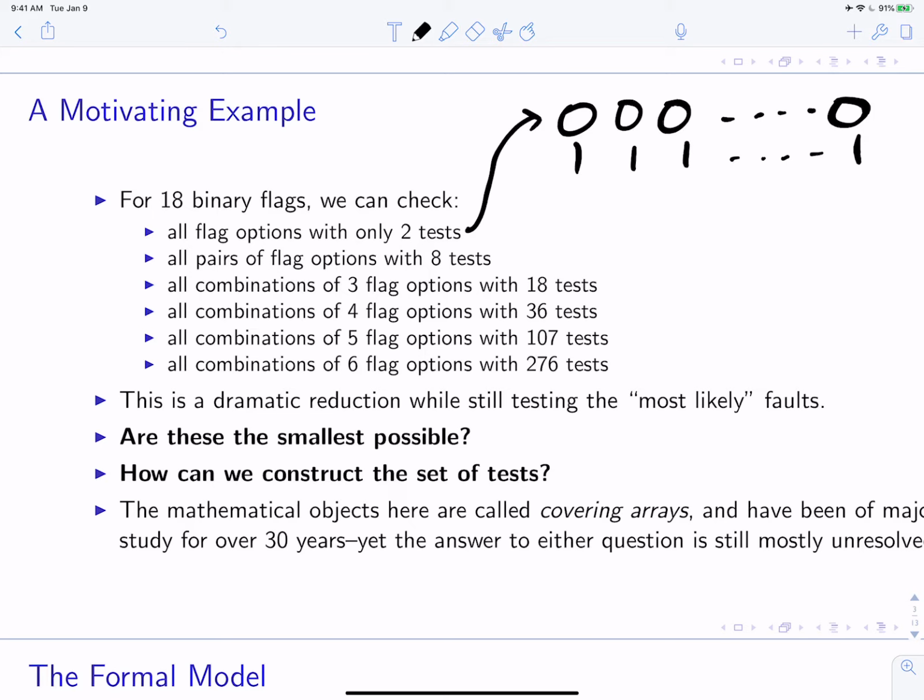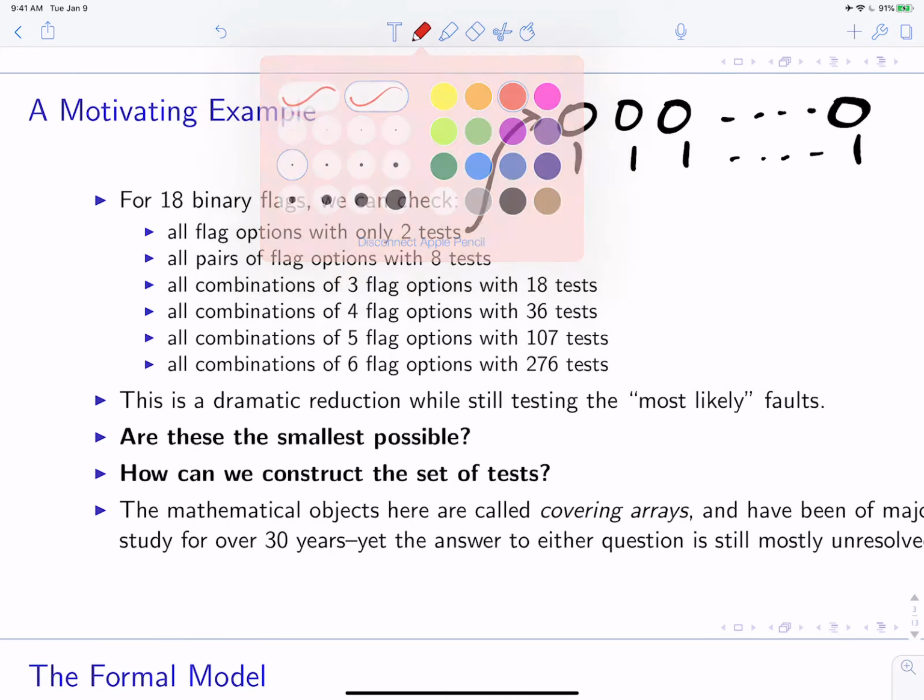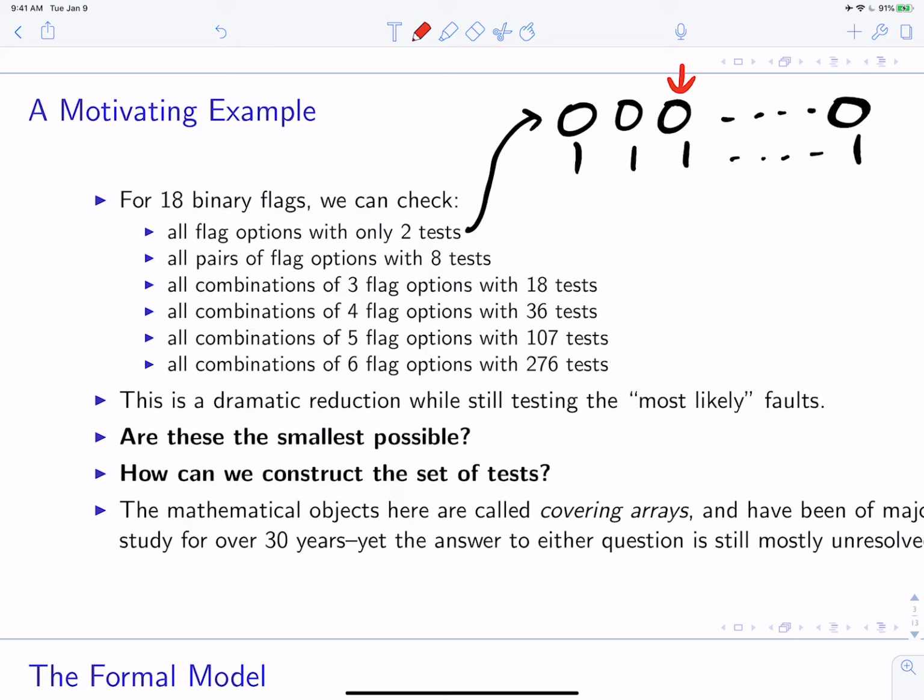So if we're making the assumption that a fault that arises comes from one flag, as a result of one flag being chosen, then these two tests will find it. Because if, let's just say the third flag is the culprit, the one causing